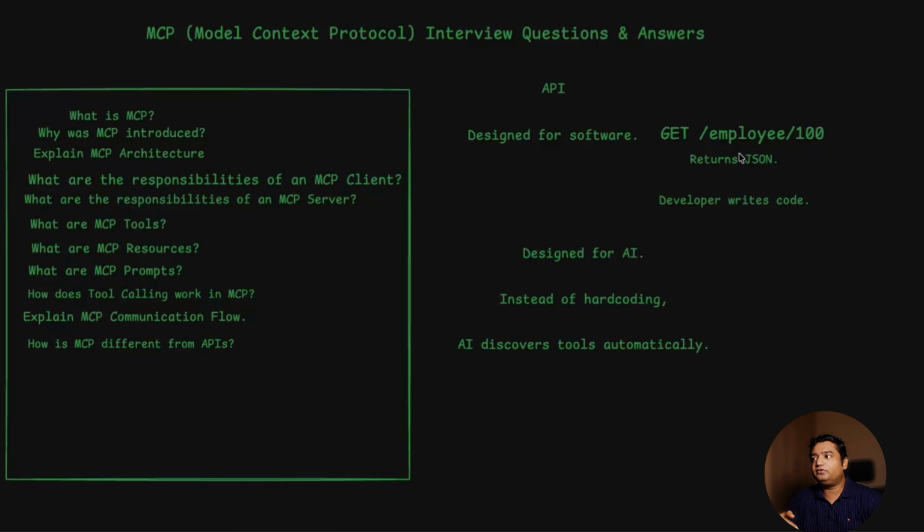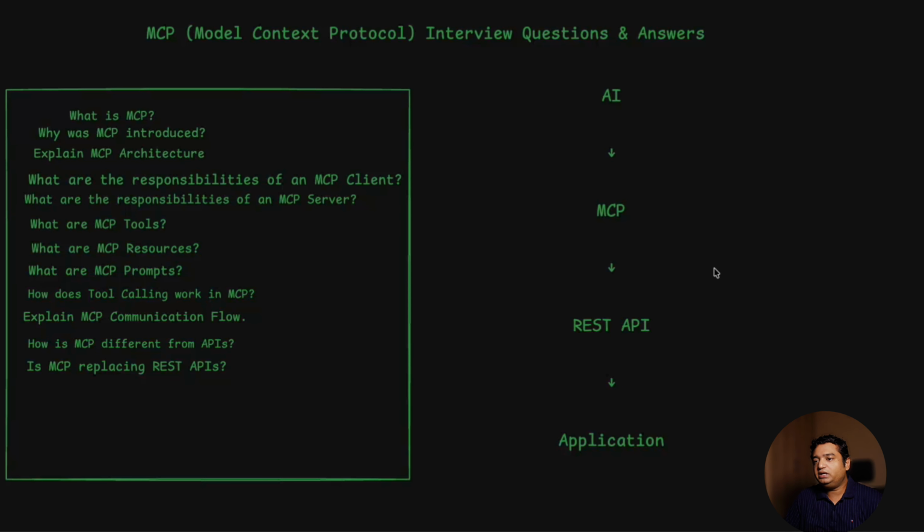For scaling purposes also, if tomorrow you want to add another API call, you have to write that code, or if you have that function, then you have to call that function. But in MCP, if you just add that new API call in MCP, then wherever an AI application in your organization uses the same MCP server, it can be reused in multiple places. So there's a big difference between the MCP and the API.